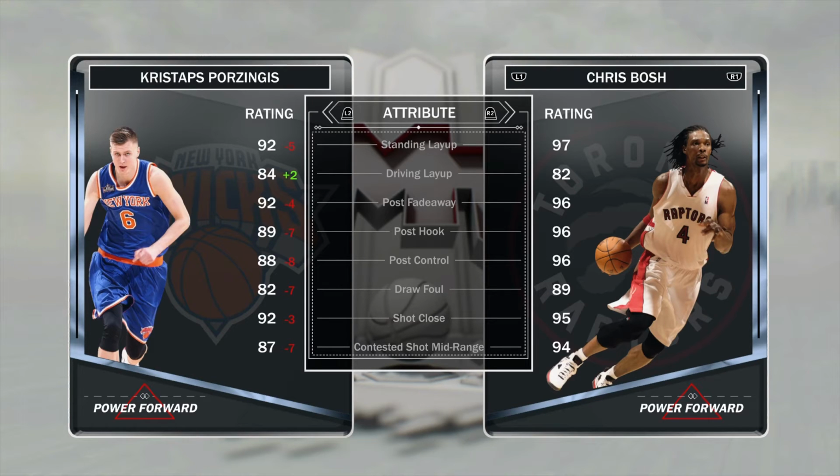And I'll be telling you guys why that is right now. So, first thing I noticed, 92 standing layup, which is really good. That's pretty standard. 84 driving layup, which is good. It's good to have driving layup on a big man, because, sometimes, especially if they can shoot threes like Bosh,